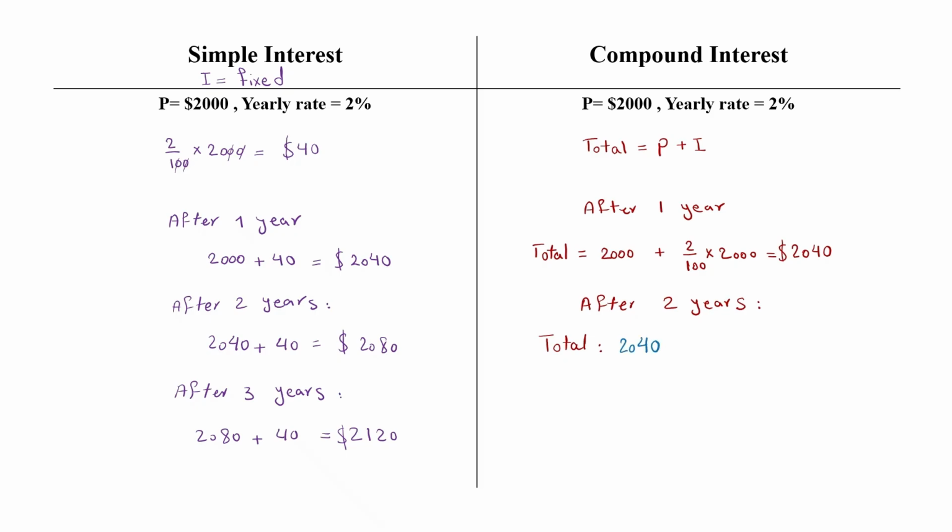So they are trying to give you interest based on the previous year. 2040 plus 2% of 2040. If you find the answer of this one with your calculator, you will get $2,080.8. Okay? And then after 3 years,